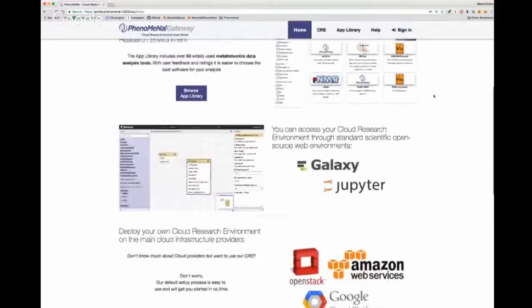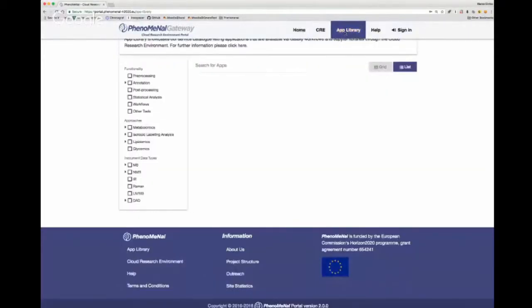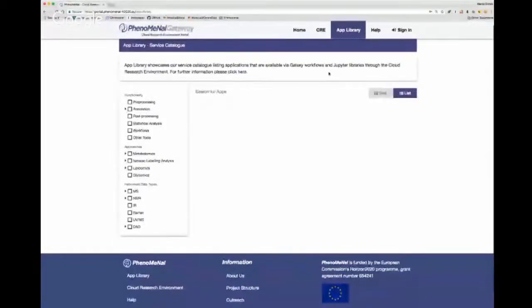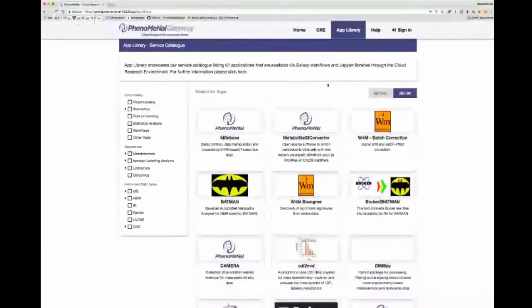Through the portal, the user can also see applications that are available in PhenoMeNal. This is done through the app library. The app library is accessible through both the home page and also through the address link or the address bar that I showed you at the top earlier. So if we go to the app library,